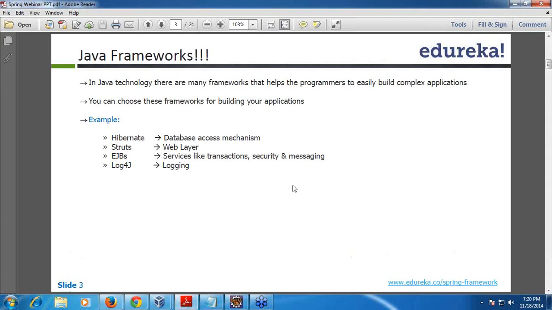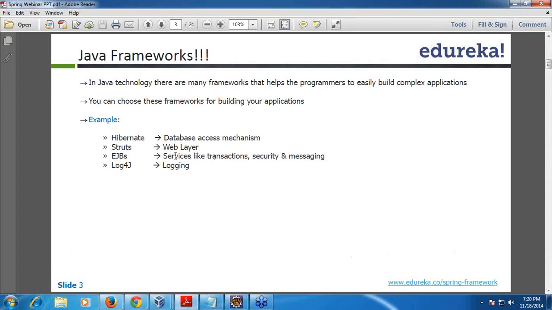Our code should be loosely coupled with frameworks when we are working. Basically, we should use simple Java classes and still use these frameworks. Otherwise, it will be really difficult for testing, reusability, or incorporating new functionalities or making changes, right?